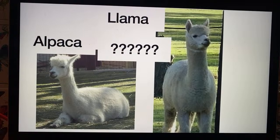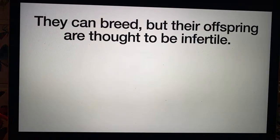It's the same animal from just two different angles to me. That looks really like an alpaca, right? Those aren't banana. Anyway, I don't know. So yeah, they can breed. So they're much, like I say, it's not like a cow and a sheep. You can get a llama and alpaca breeding, but their babies then can't have babies, if you know what I